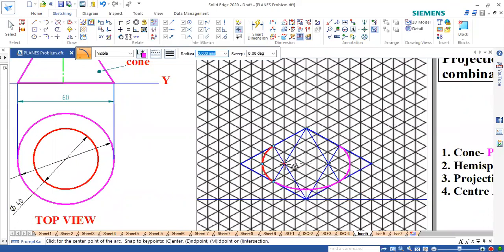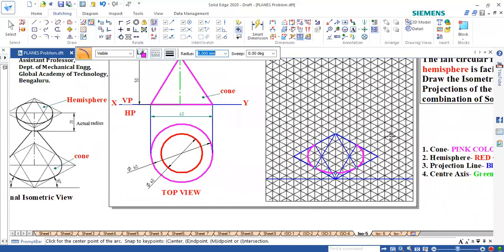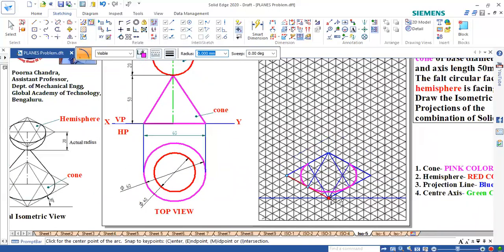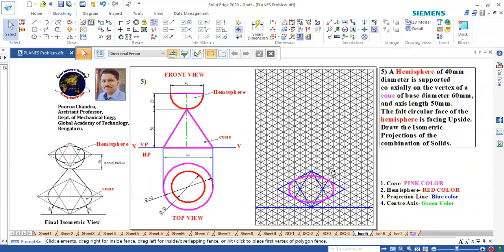One from this midpoint with this as arc radius, again from here the second one, and from here the third one. So right now we have drawn three arcs. I can draw one more arc from here, but anyway that will be erased. If you want, we can draw it; later we can trim that. With this as radius, I can draw one more arc. So this will complete the base of the cone. That is, it will look like an ellipse.